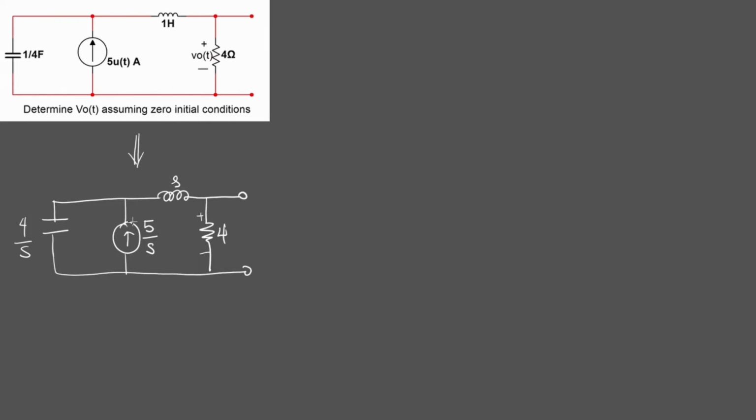Once you have a current source in parallel with a load, you can use Ohm's law to get the equivalent voltage source in series with that load that will have the exact same equivalent. What am I saying? V is IZ. So the voltage V Thevenin is I Norton times Z. Since we have 5 over s, this is our I Norton, and we're looking for V Thevenin. So V_TH is going to be 5 over s